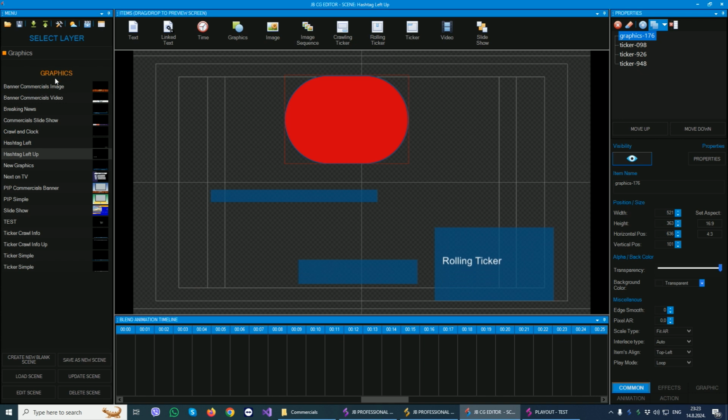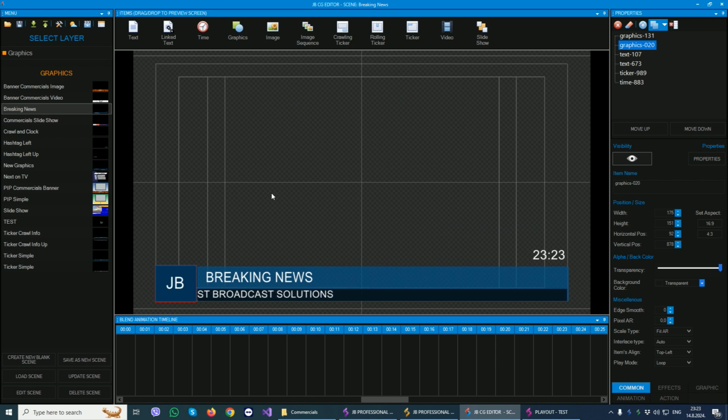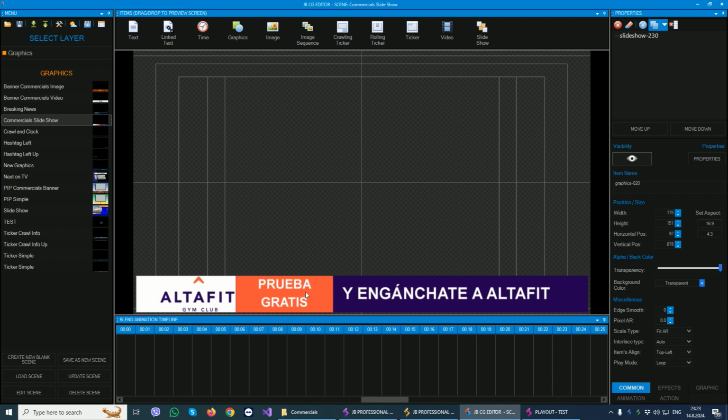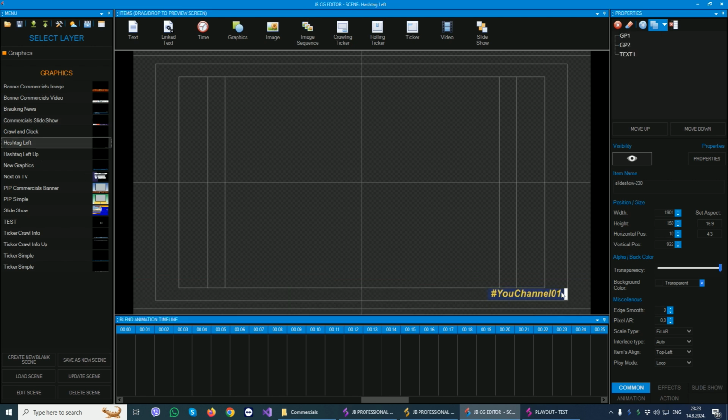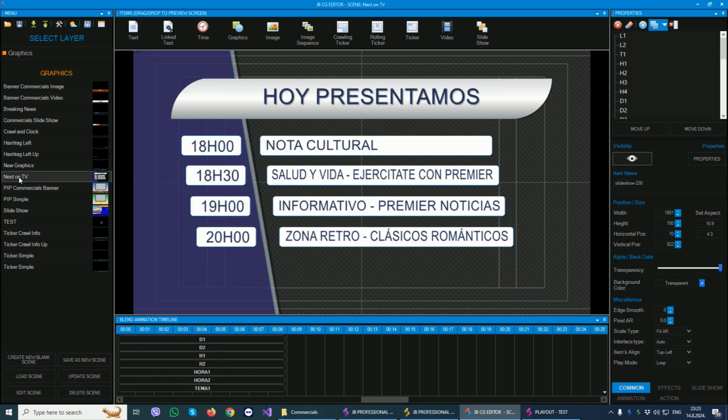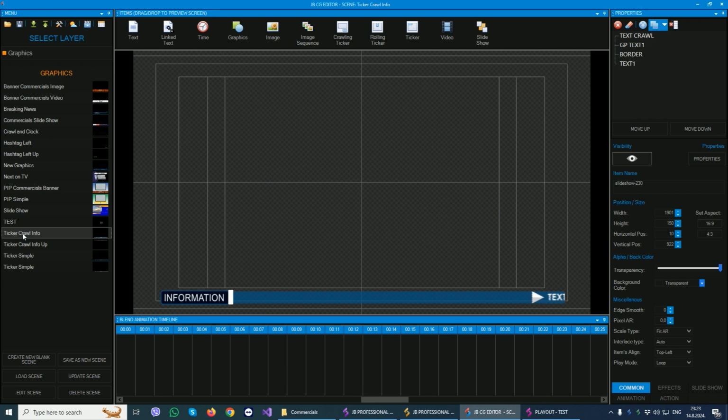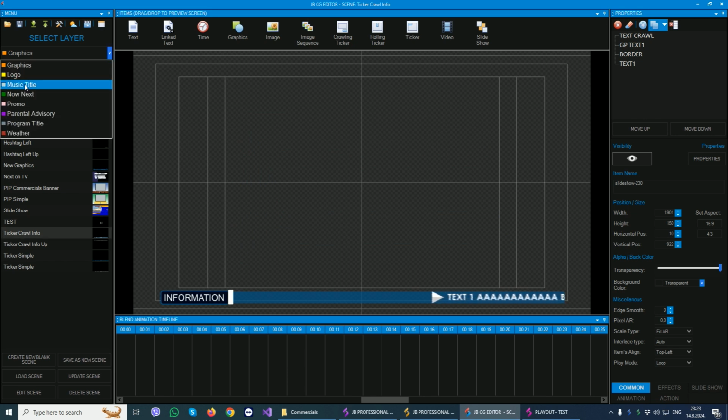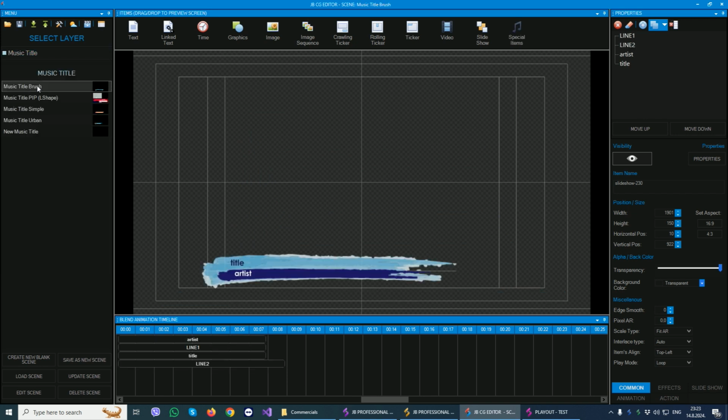On the left, we have a list of our templates. If we double click any template, it will be loaded. For example, here is a slideshow template. This is a slideshow. Then some hashtag, for example, next on TV, ticker. Then we can go to music title and load some music title. Music title has special field title and artist. These two fields